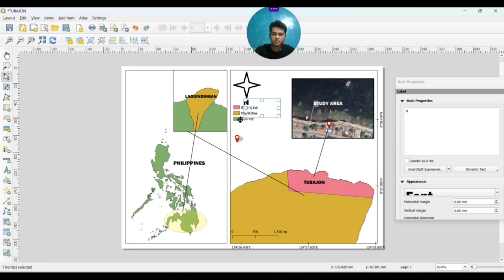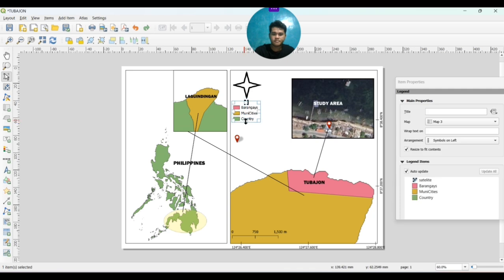Just for some disarrangement in my map. That one.